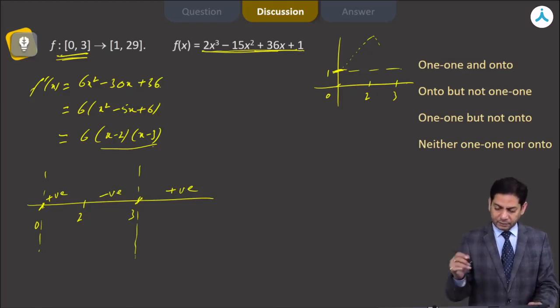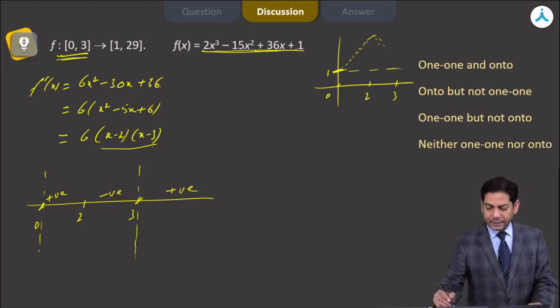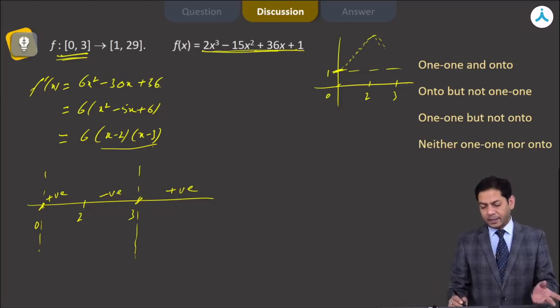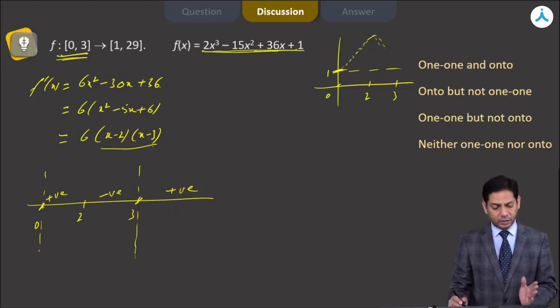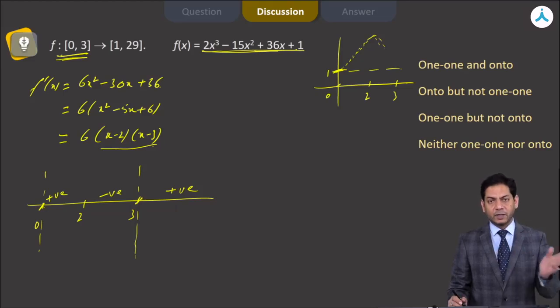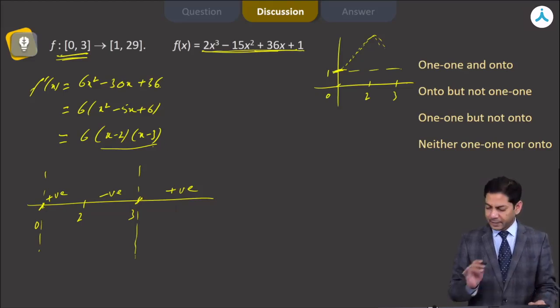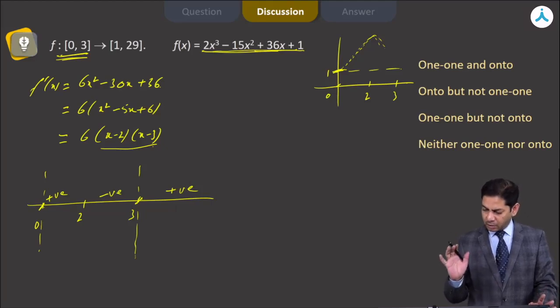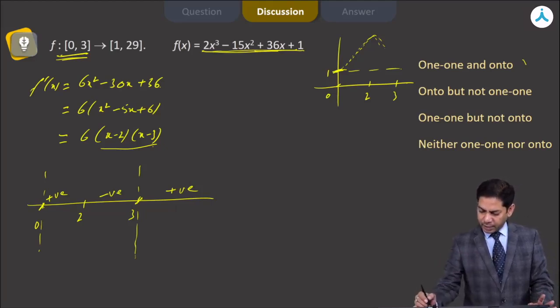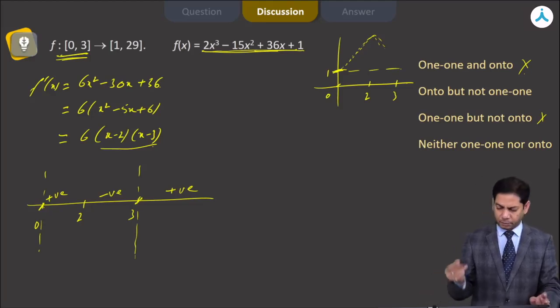And before that, we can very clearly see that on the given domain, the function is first increasing and then decreasing. So obviously it achieves several values twice on the same interval. That is, it is a many to one function. It goes up, then comes down. That means the same values are achieved for more than one point. Hence, it is not a one-to-one function. Non-monotonicity on the given interval implies not one-to-one. So obviously option A is ruled out. Not one-to-one, that may be a possibility. One-to-one, C is ruled out. Neither one-to-one nor onto is still open.